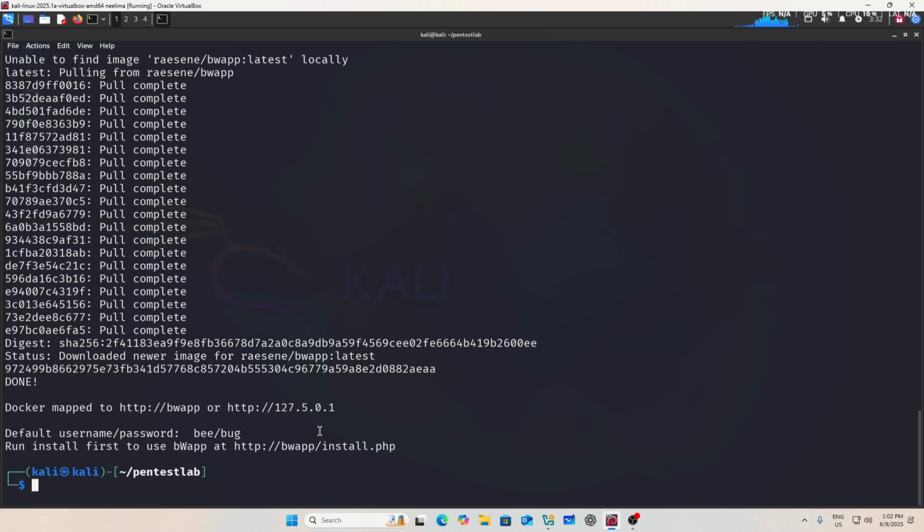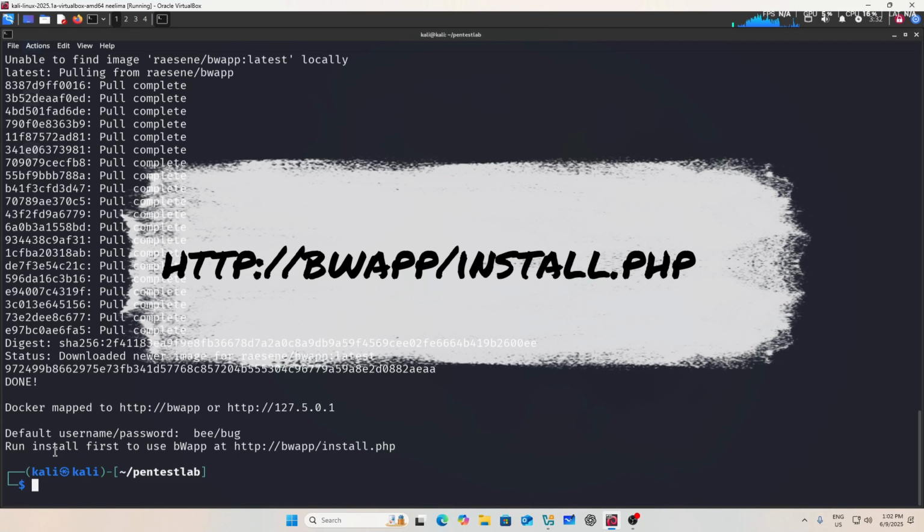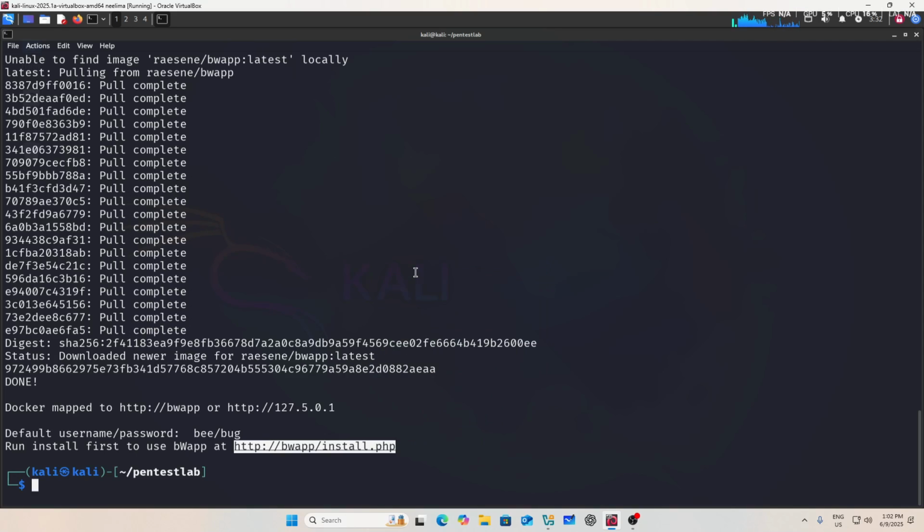And done. For installation, it's saying that you have to run install first to use bWAPP. So it's installing this one. Open this link.